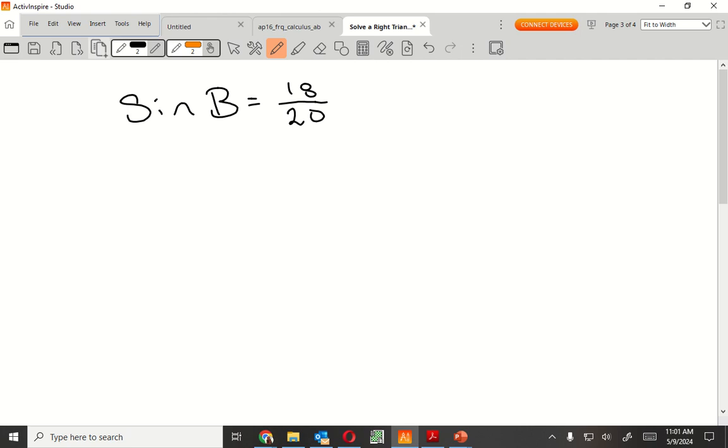Okay, so now I'm going to do the same step, moving it back and forth. It's going to be arc sine of 18 over 20 is equal to B. And then if I plug that in the calculator,